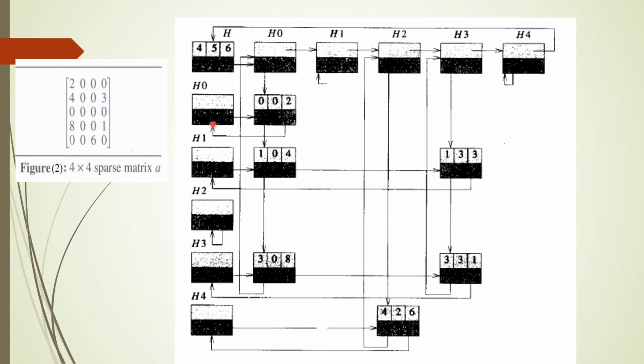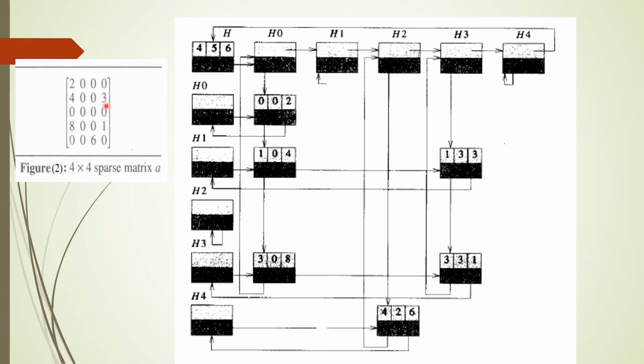Here it's a header node, that's why down is not pointing anywhere. In the same way here also, right is pointing to the elements in its row. Since these are header nodes, not element nodes, right is not pointing anywhere. So this is the first non-zero element. Next, the next non-zero element is 4. Where is that 4 present? The next non-zero element is present in the first row, 0th column, and the value is 4.